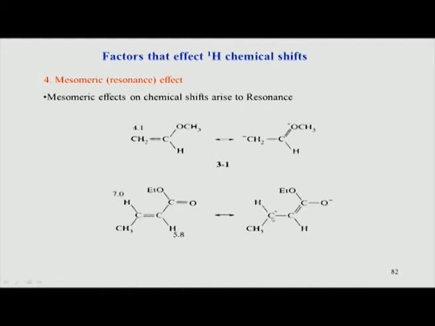Because of losing the electron density, it also in turn affects this hydrogen, because the electron density around it is also reduced. Because of the reduction in electron density around this hydrogen, it appears at a very downfield shifted value of 7 ppm compared to what you would get if there was no resonance. So, this is basically how we look at the different mesomeric effects: whether a positive or negative charge is accumulated on a particular carbon, and how that carbon influences the hydrogen attached to it.